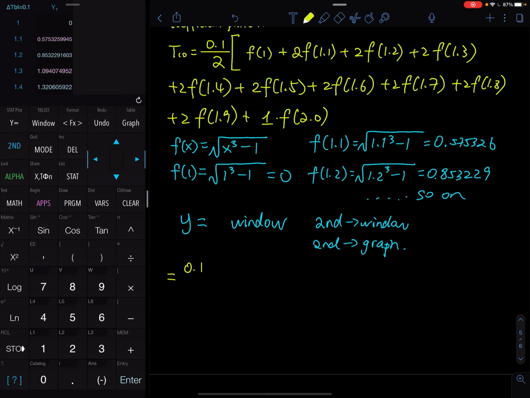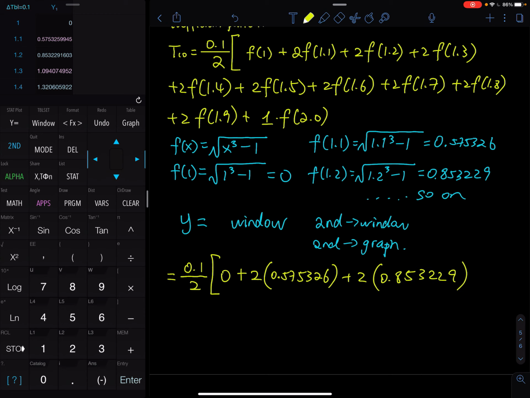So 0.1 divided by 2. And then when x is equal to 1, y is equal to 0. And then you have 2 times 0.5753, 26. So that is f of 1.1, and then for 1.2, you have 0.853229, and then for f of 1.3, you have 2 times